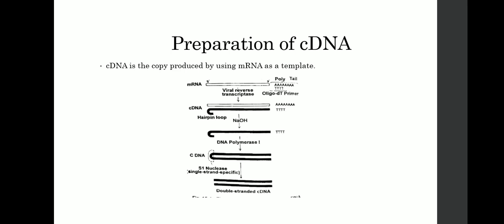When eukaryotic mRNA is used as a template, a poly T oligonucleotide is conventionally used as the primer, since these mRNAs have a poly A tail at their 3' ends. But special tricks are required to utilize primers for other RNAs, for example, prokaryotic mRNA, rRNA, and RNA virus genomes. For this, we have to use special tricks